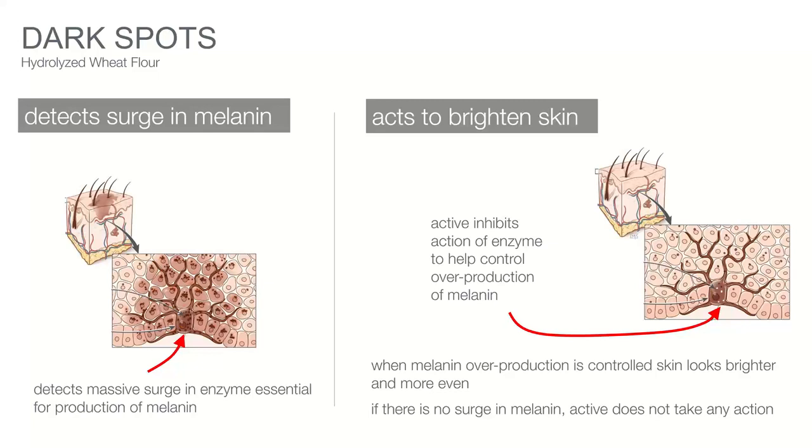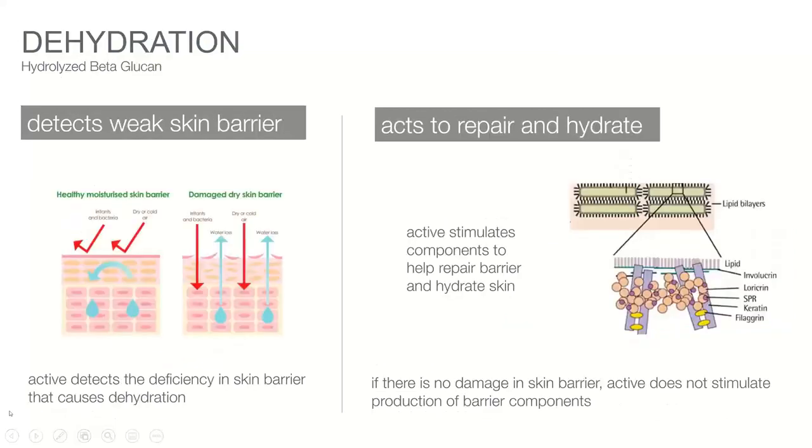And again, if there's no surge in melanin, the active doesn't do anything. So melanin production, of course, is a normal process in healthy skin. And this active only takes action when we have an overproduction. So that is the dark spots. Then for